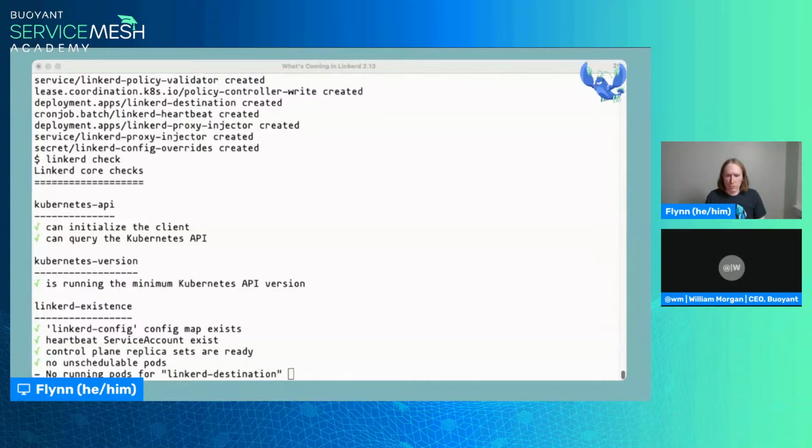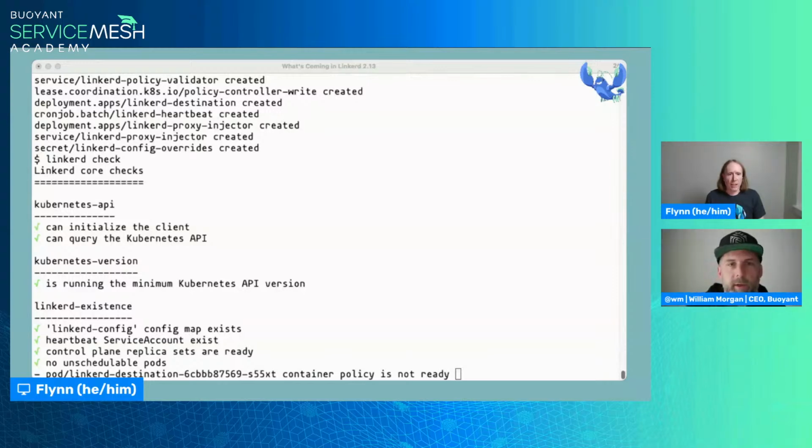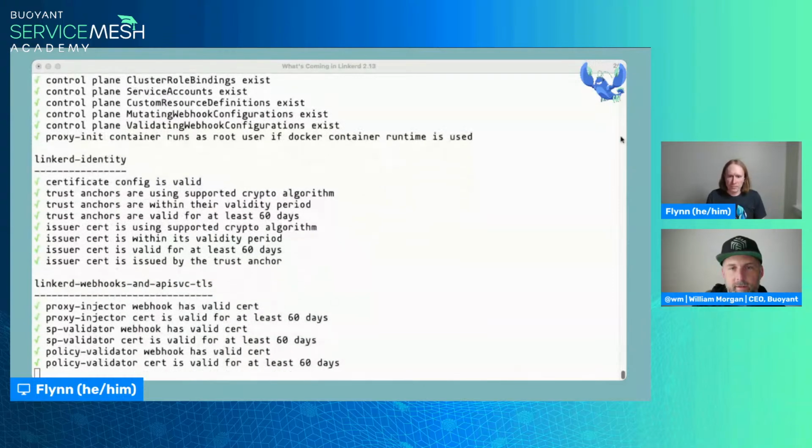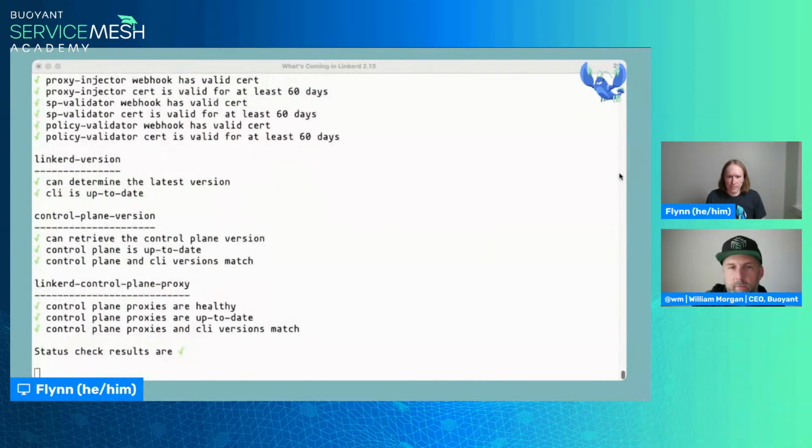Now, of course, would be a great time, if you have questions, to toss them into the Slack workshop while we're waiting on Linkerd to come up. Other than that, it's pretty much just sit here and wait for Linkerd to come up. There's a lovely question here. Can we install the Edge using Helm? I don't actually know the answer to that. Do you know the answer to that, William? Yeah, you should be able to install the Edge with Helm.